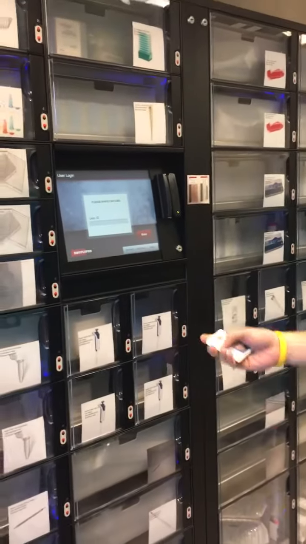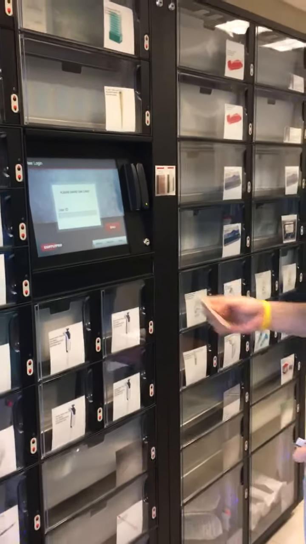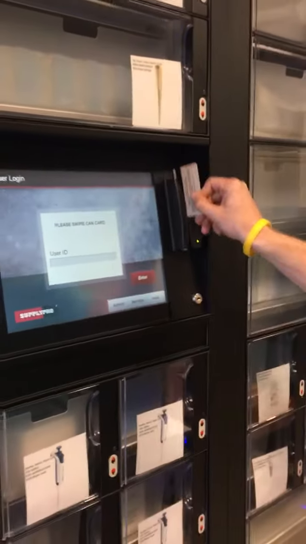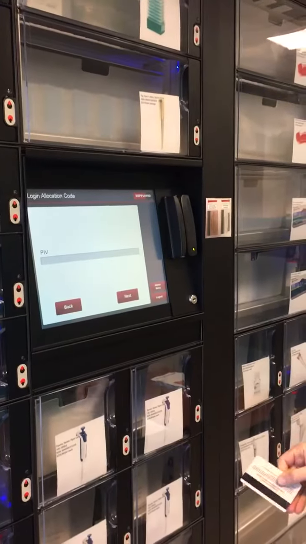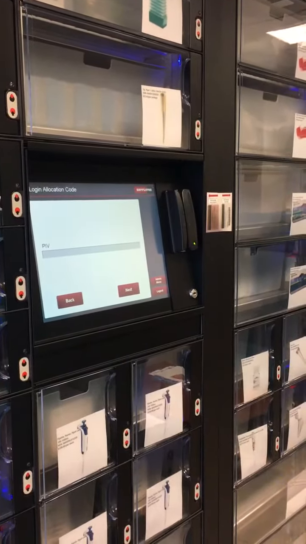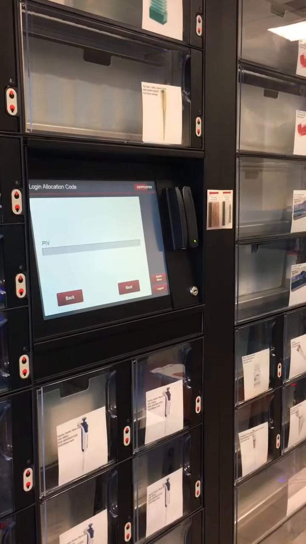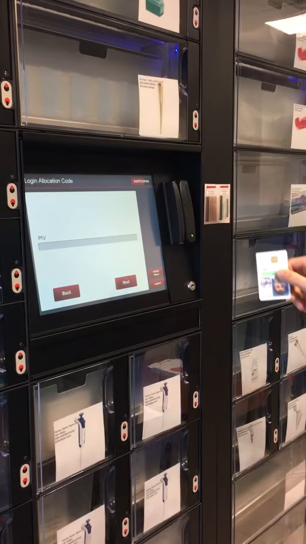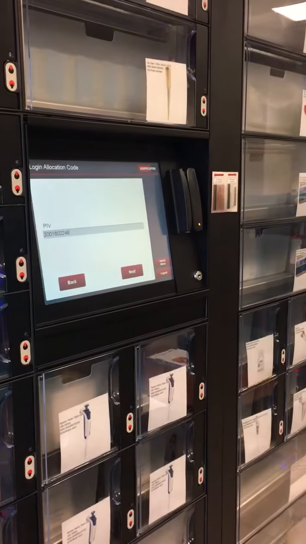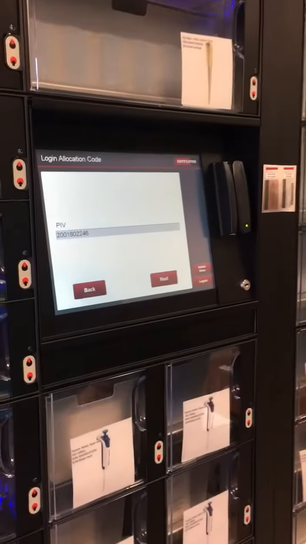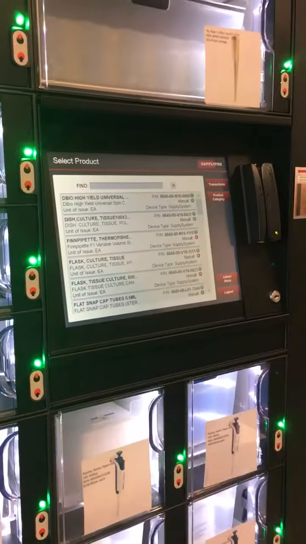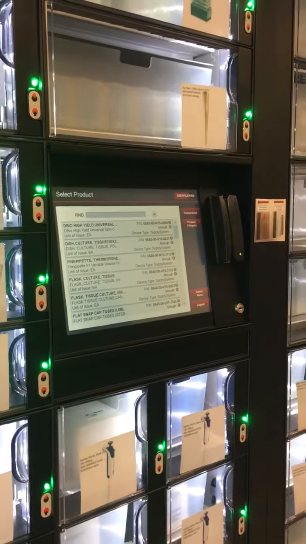So when you walk up to the machine, it'll prompt you to please swipe your CAN card. So you're going to make sure that the barcode is facing left, and you're just going to swipe it down. And then you'll get a screen that asks for your PIV ID card. So you're going to want to make sure that the barcode is facing to the right and your face is facing downwards. And you'll swipe the card, and then your PIV is going to appear on the screen, and then you'll press next,